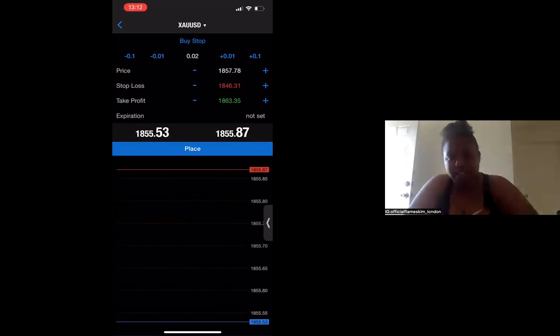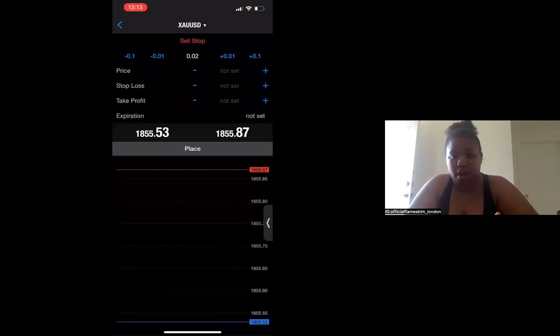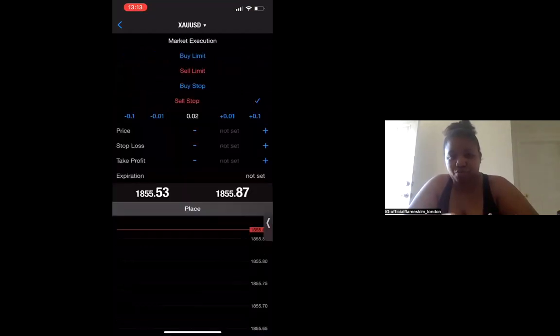So if it was a buy stop, you would select buy stop. If it was a sell stop, then you select sell stop. All right, and then you put in the coordinates for it, right? But recently we've only been doing mainly buy stop so far. On the master idea, how do you decide? So if you've been on my session before,